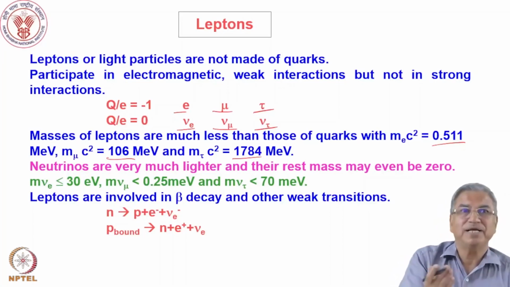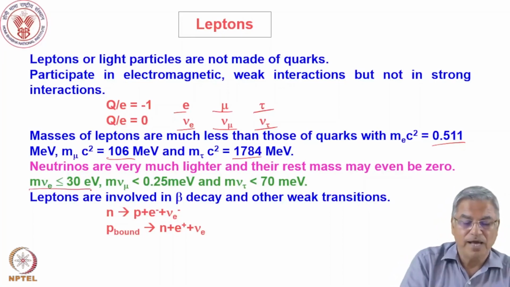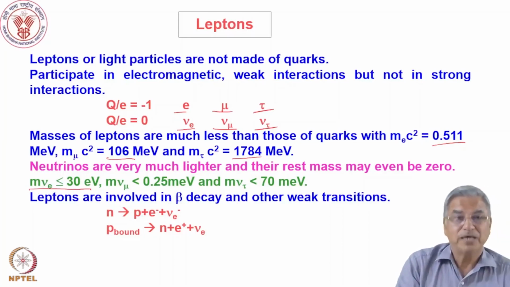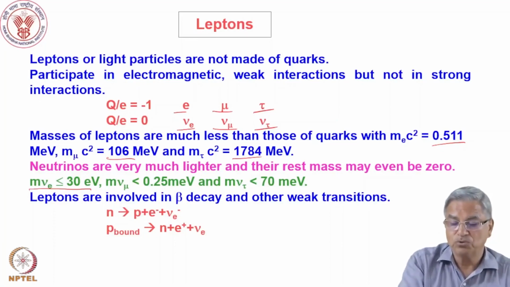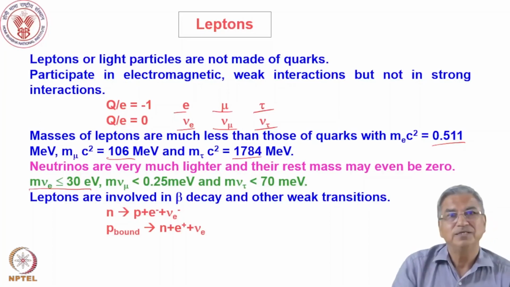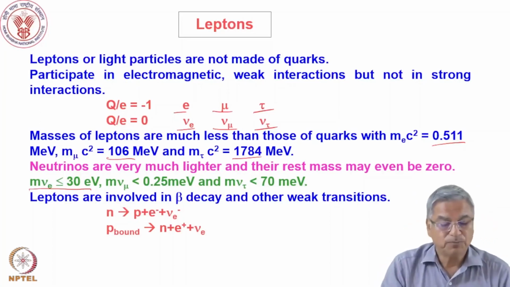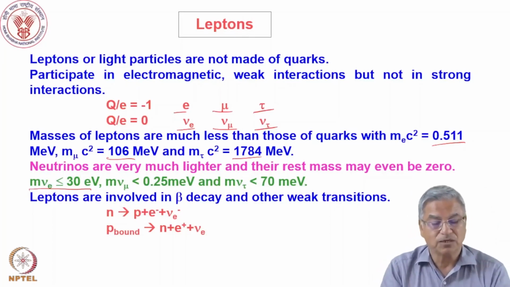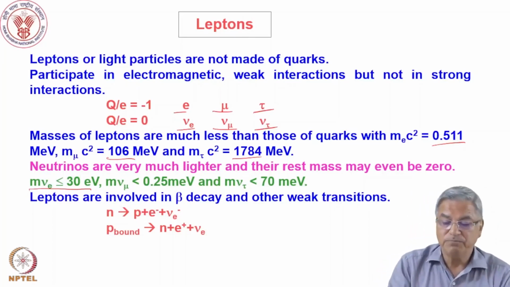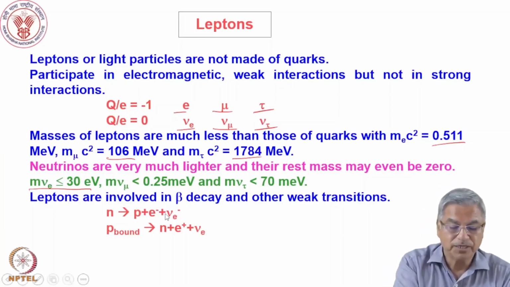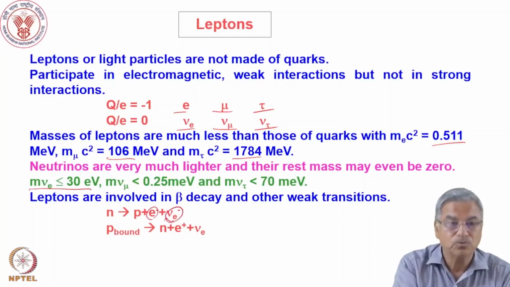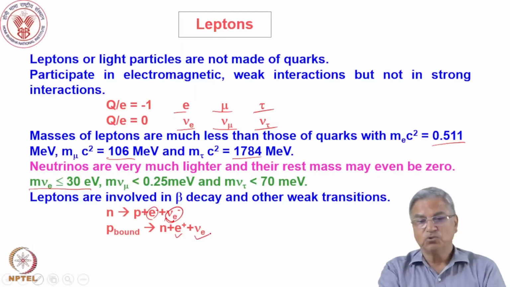So it is predicted that the electronic neutrino will have a mass of less than 30 electron volt, muonic neutrino less than 0.25 milli electron volt, and tau neutrino less than 70 milli. So there are experiments going on to find out the masses of the leptons. So leptons, that means these light particles like electron and neutrino, are involved in beta decay and other weak interactions. We'll see later on how the beta decay of a neutron gives you an electron and antineutrino, and the beta decay of a bound proton gives you a positron and a neutrino. So these are the kind of